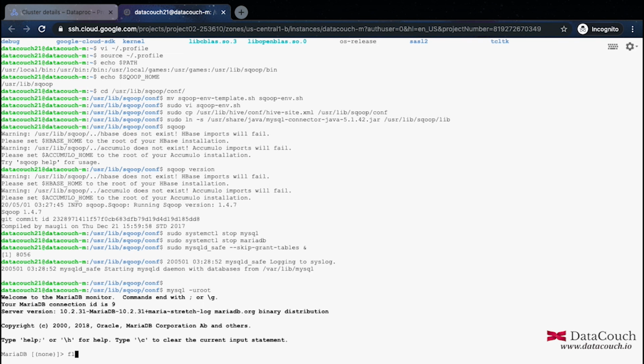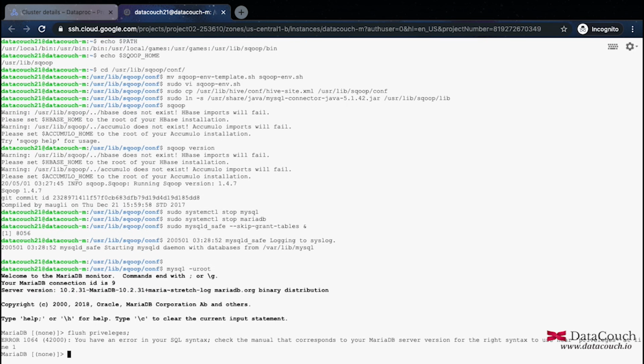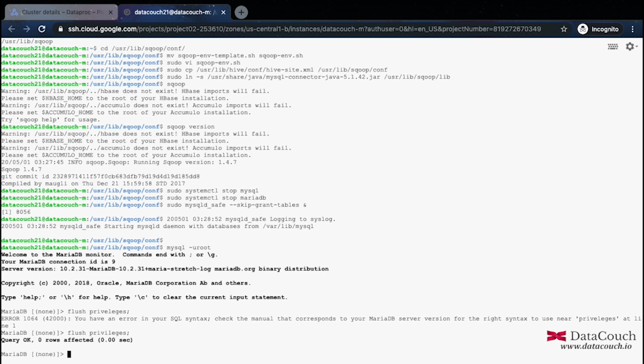So I will be using the command flush privileges. So this command is basically reloading the grant tables. So this is something which database administrators use very frequently. So it's kind of a database administration related activity that we are doing. So no need to worry in case you are not very familiar with these commands, but just understand that we are basically following a standard procedure to change the password of the root user right now.